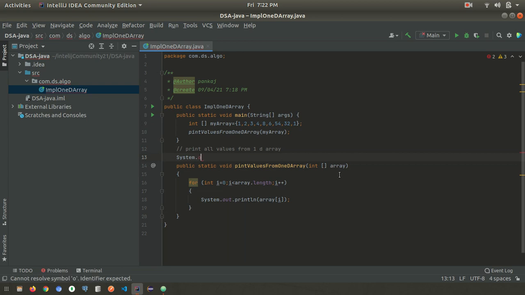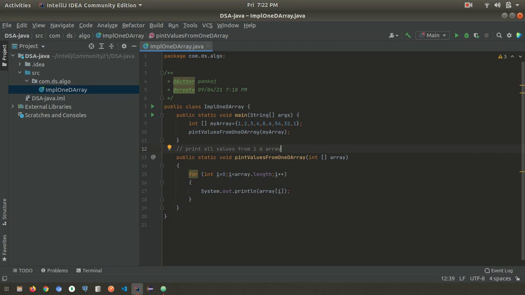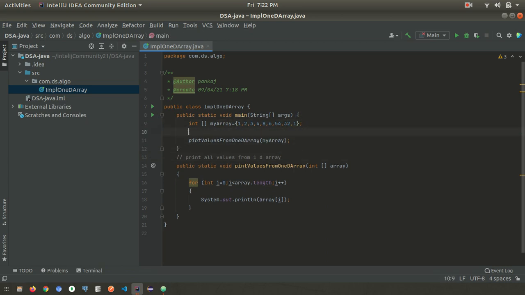We can't print it, we can't call it here. This is not inside the method. Okay, so directly we will call it here. So system